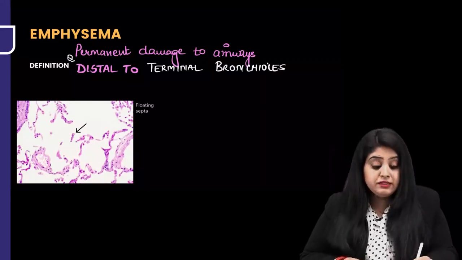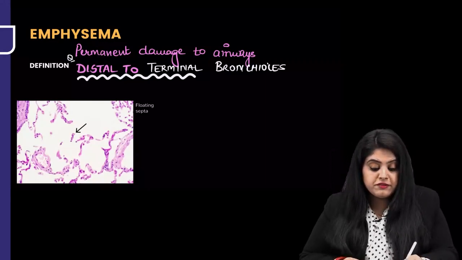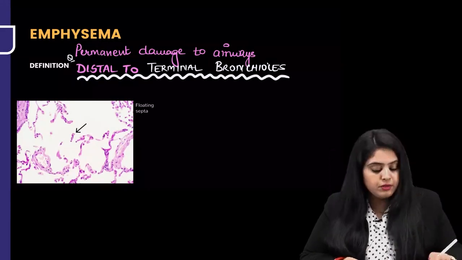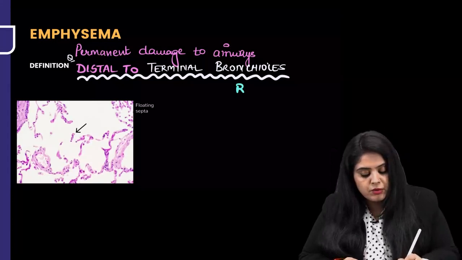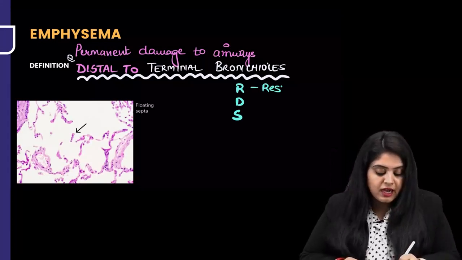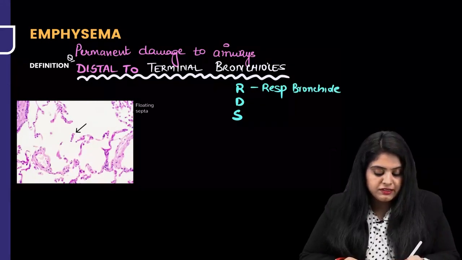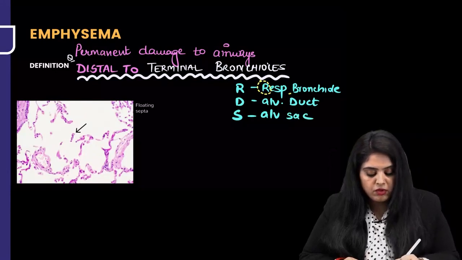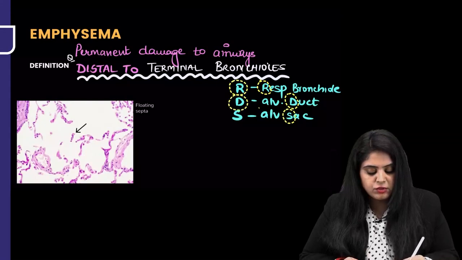So now you'll ask me, distal to the terminal bronchioles. After the terminal bronchioles, the damage will occur. So what is there after the terminal bronchioles? After the terminal bronchioles, we have RDS. All of you have to remember RDS. What is RDS? RDS stands for respiratory bronchiole, number one. D stands for alveolar duct, and S for alveolar sac. So please remember, respiratory bronchiole, alveolar duct, and alveolar sac, these are the three things which are going to get